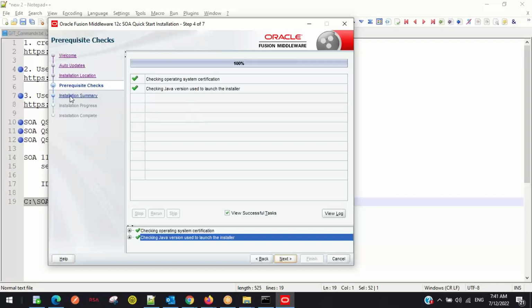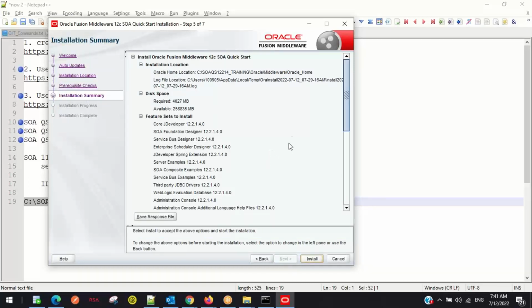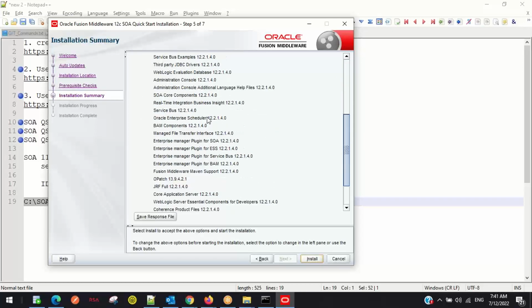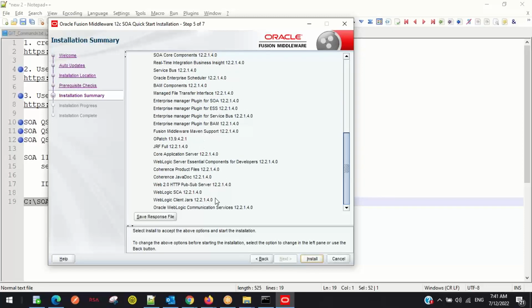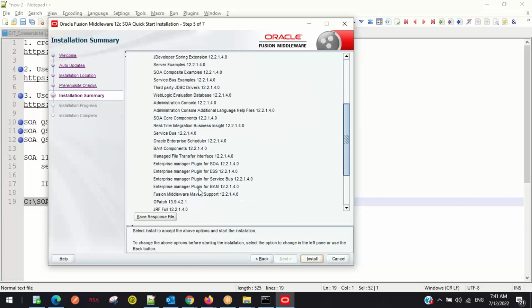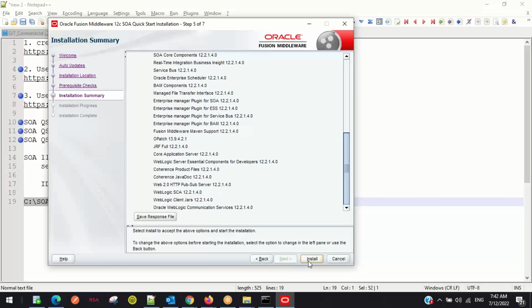In the next screen, it will show you the installation summary. Okay, let me go to the next screen. If you click on the next button, see, it will show you all the components it is going to install. There are so many components that come with this SOA quick start. I will tell you what the SOA quick start is, why we call it quick start, and what the purpose is. But for now, just go through the list of the different components this SOA quick start contains. And if you click the install button,